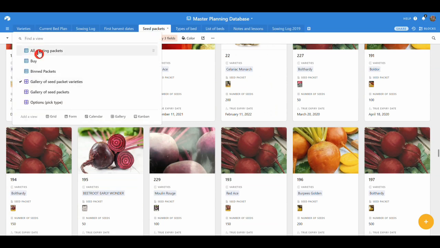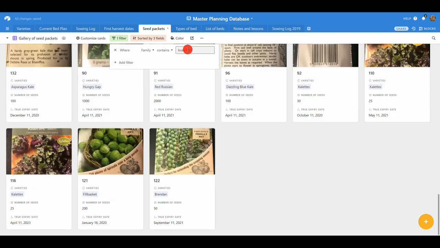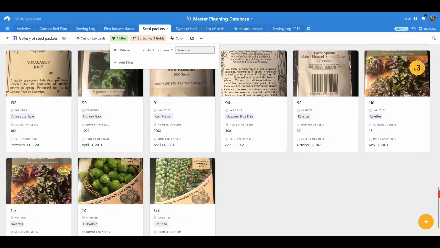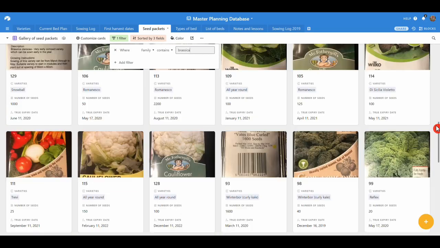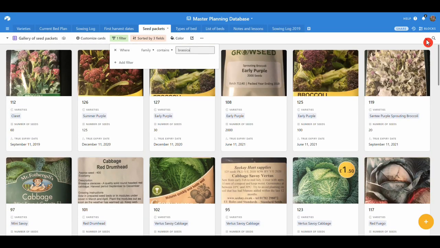And so the next one I've got is what I call my options view, and this is because if I've run out of something or I'm looking for something to plant, then I could well be in this view. For example, I might think, well, what I really need is to find some brassicas, and so this now gives me a list of all of the different types of brassicas that I've got. And I might decide, yeah, what I want is to find some purple sprouting broccoli seeds that I've got. So if I go to my options view,